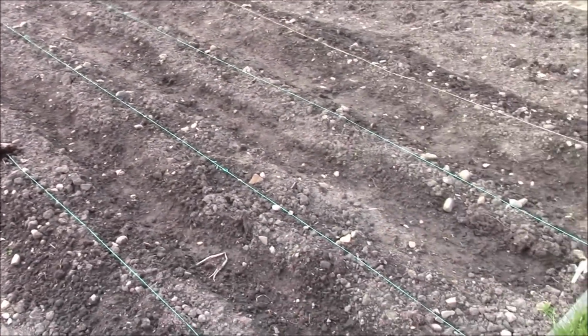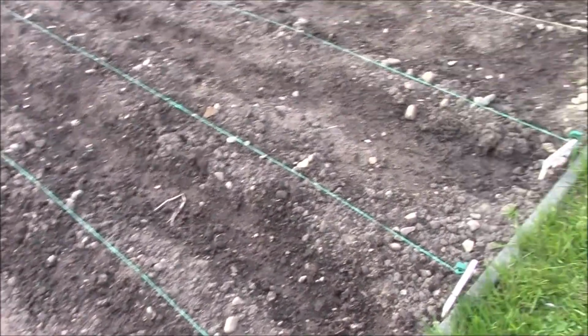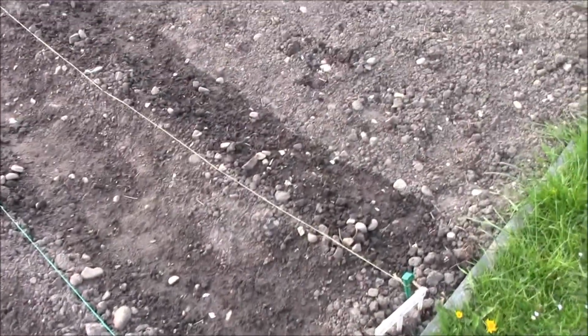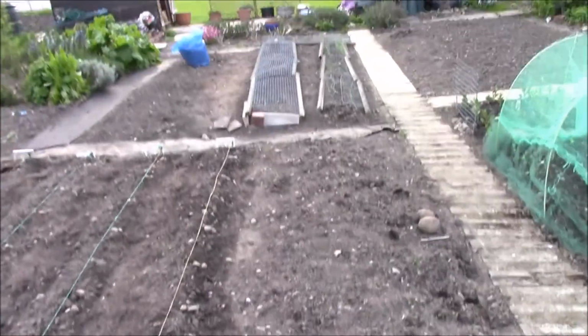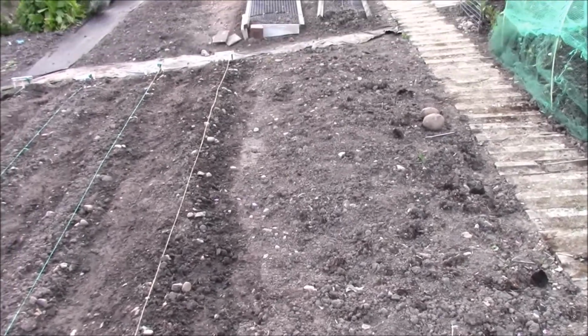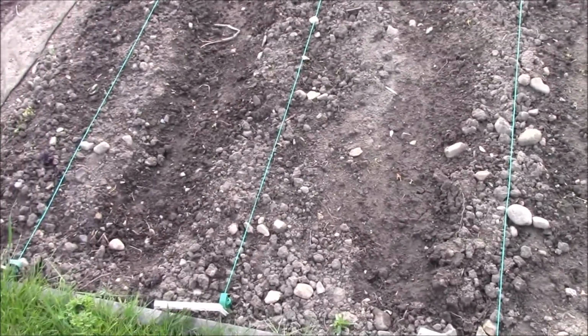This is our potato bay. We're doing less potatoes than usual. We've got, as you can see, 1, 2, 3, 4 here. So we've got an early main crop, 2 main crops, and a late. This little bit we're going to devote to planting more sweet potato this year, but you plant them a lot later. Now the idea with these is that you water in the troughs, and as they grow,